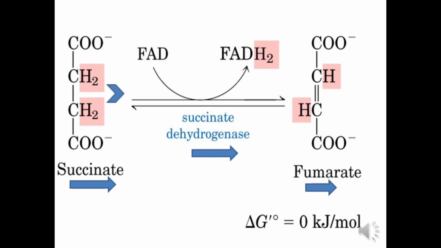The 2 hydrogen from carbon 2 and carbon 3 is taken by FAD, the coenzyme of succinate dehydrogenase, to form FADH2. And this through the respiratory chain produce only 1.5 ATP. This is the only citric acid cycle enzyme that is tightly bound to the inner mitochondrial membrane and considered as complex 2. In reaction 7,